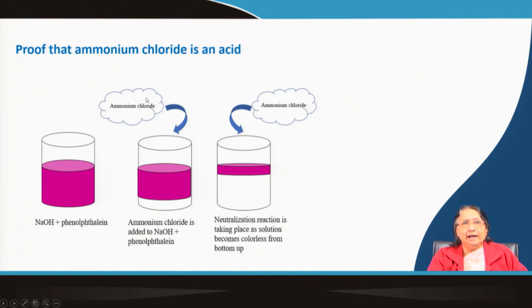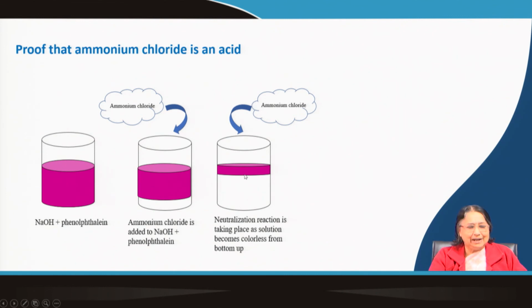Now, you are adding ammonium chloride, say for example from outside here. So, what will we see? It is a salt, you may think that okay, it will remain the same, but I have told you that ammonium chloride is a salt of weak base and strong acid, that means ammonium hydroxide and HCl. It is a salt of weak base and strong acid, that means it will behave like an acid. Okay. So, when you are adding, you can see that slowly it is being neutralized. Ultimately, you see the color is becoming colorless, that means it is showing the move towards neutralization.